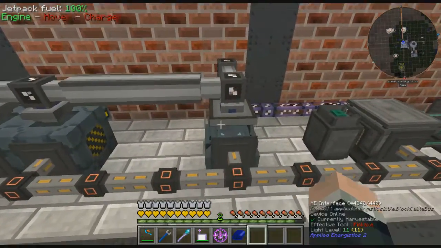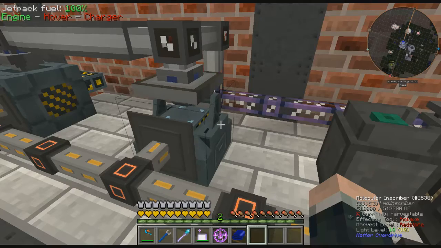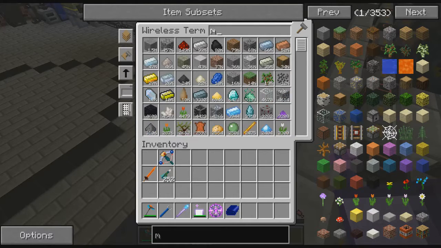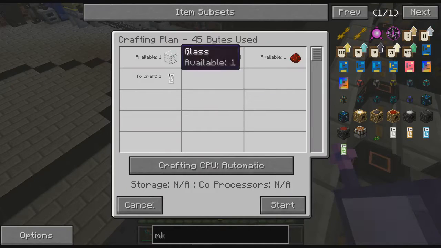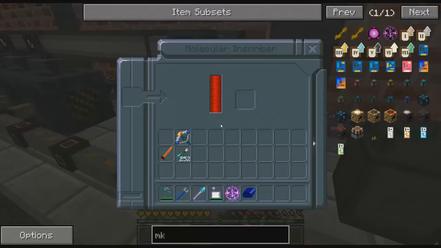The first piece you need to get into Matter Overdrive is this molecular inscriber, and what it can do is take pieces and parts. Right here is the MK1, which is nothing but glass, iron, and redstone, and then you can put it in here to make the